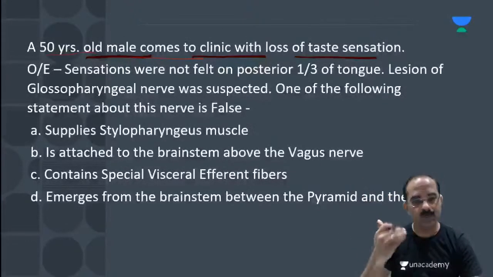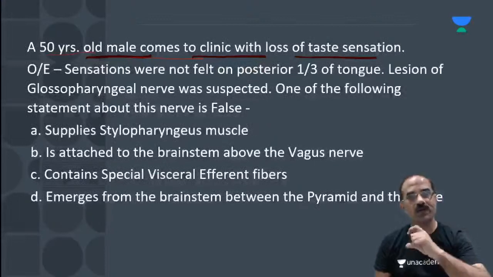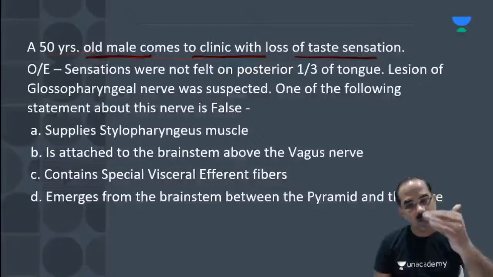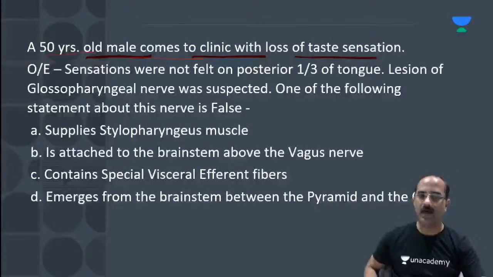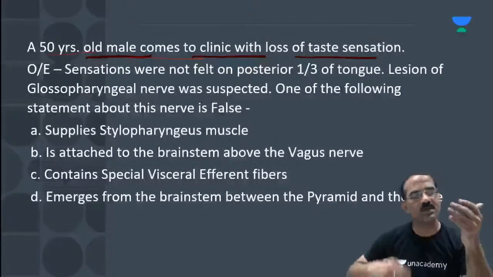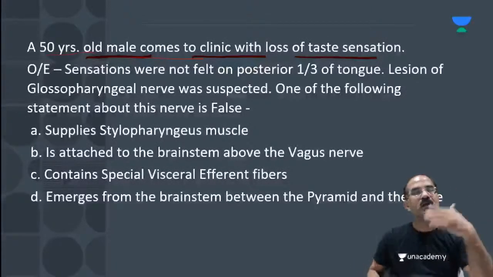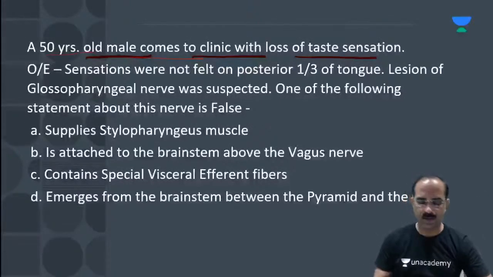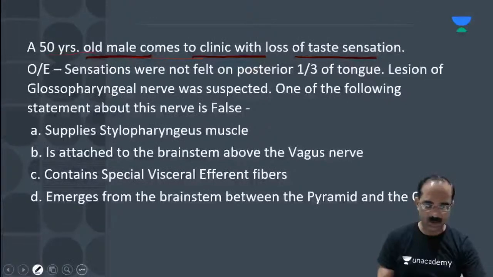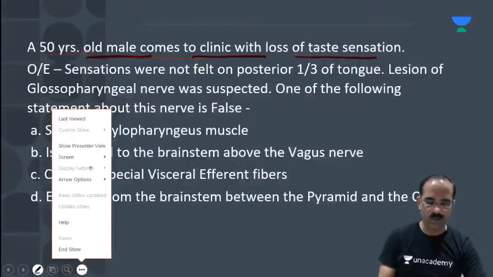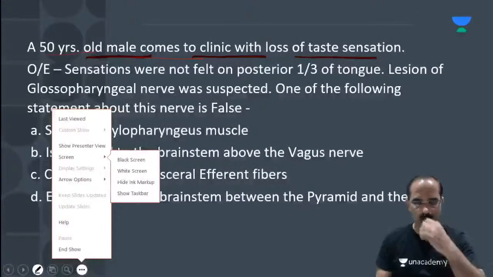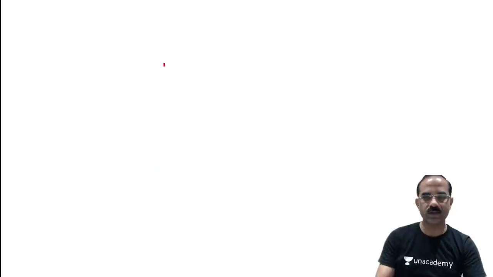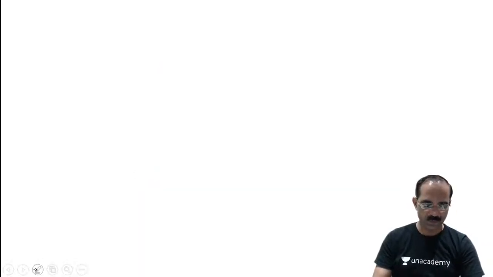And the posterior most part of the tongue is derived in the fourth arch from the caudal part of Hypobranchial Eminence, also known as cupula. So which is the nerve of the fourth arch? Superior laryngeal nerve, and the posterior most part is supplied by a branch of superior laryngeal, that's the internal laryngeal nerve. I'll quickly draw this for you.